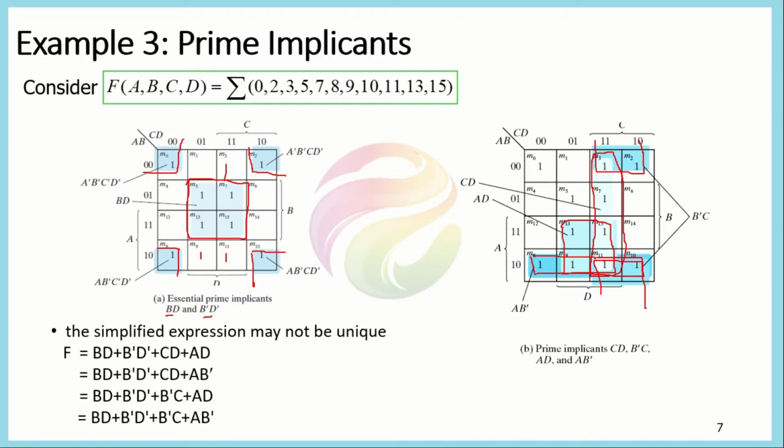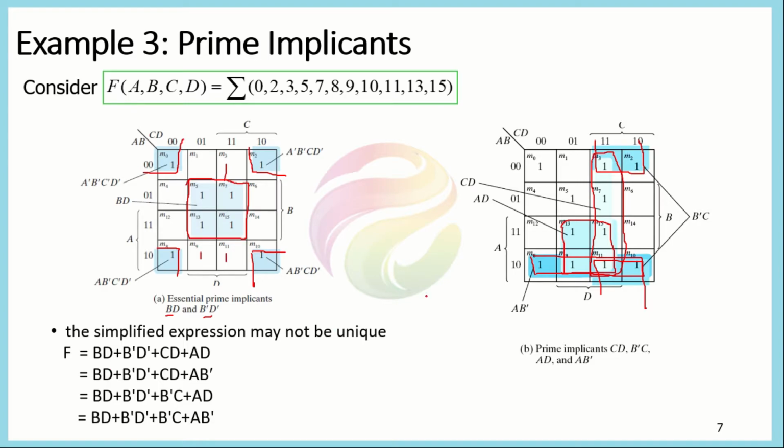So each of them will represent a term of 2 literals. It will not make much difference in terms of the circuit, but it will give us 2 or 3 different results. All these results would be the same in terms of the circuit, but their expressions may be different, because you can combine this whole one, but you can also combine this one separately with this one. So there are a number of ways in which you can combine them.